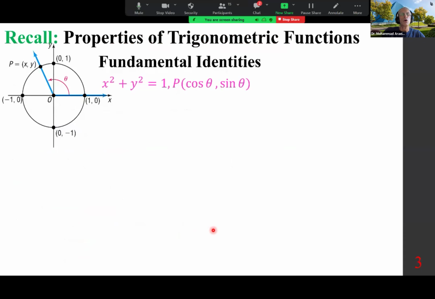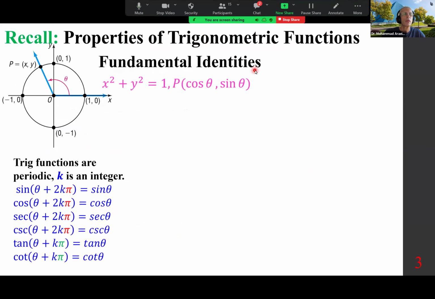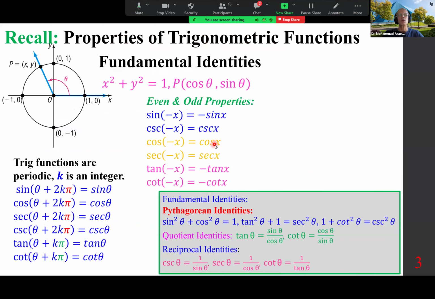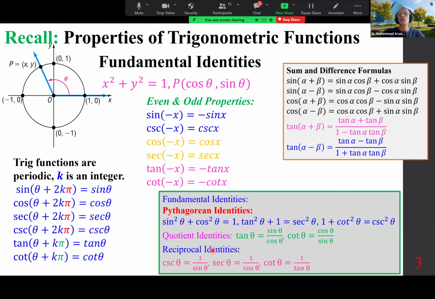Again, reminding you of fundamental identities because we are going to use them. Every trig function is a periodic function. The period is 2 pi for all of them except tangent and cotangent, where it is pi. All of them are odd functions except cosine, therefore secant is also even. And the fundamental identities that we have seen, such as Pythagorean identities, quotient identities, reciprocal identities, and now sum and